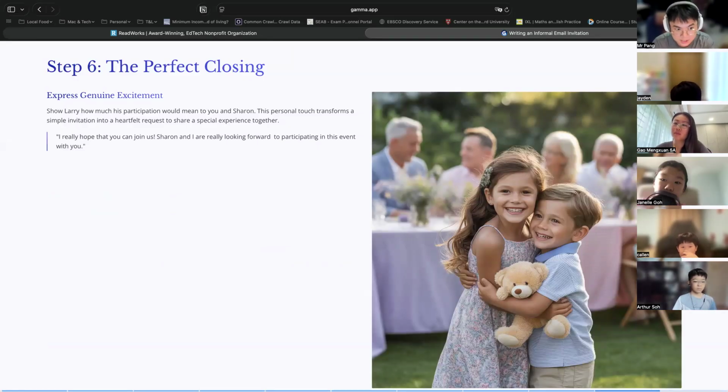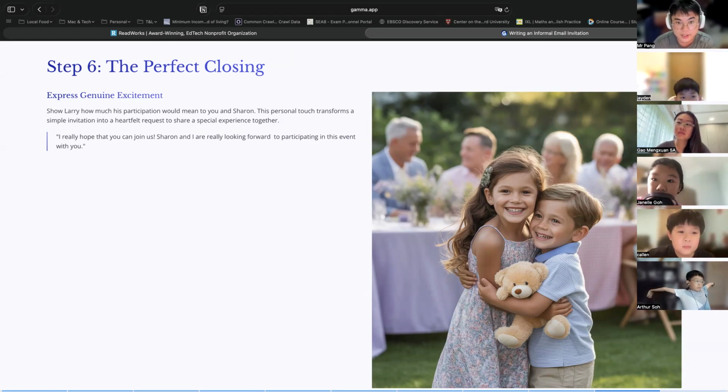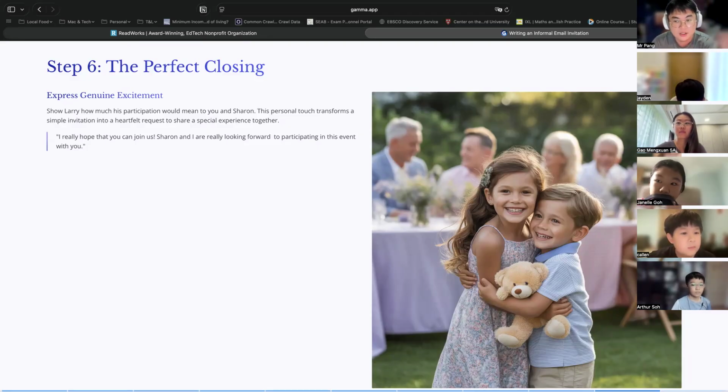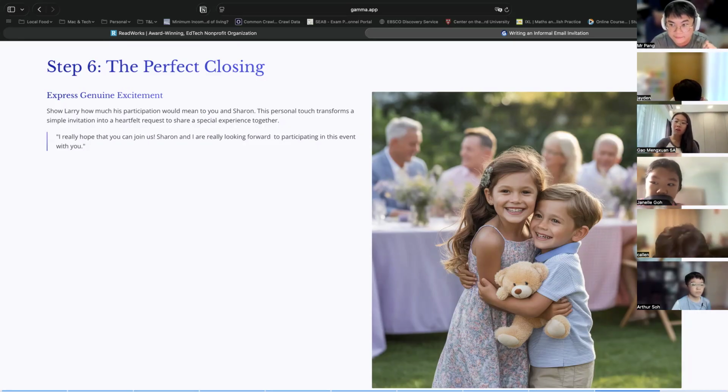So you want your cousin to know that you really want him to join in. I really hope that you can join us. It's a strong, persuasive tone that shows your excitement and desire for your cousin to join in. Agree, everybody? So far, so good. So you can actually use these stems, right? Whenever you are writing an informal email to your cousin or to your friend or whatever, and you really want to persuade them, I really hope that you can. Then you just fill in the blank, whatever purpose, right? I really hope that you can join us for our meeting, join us for our discussion, help us with this project, whatever. I really hope that you can, okay?